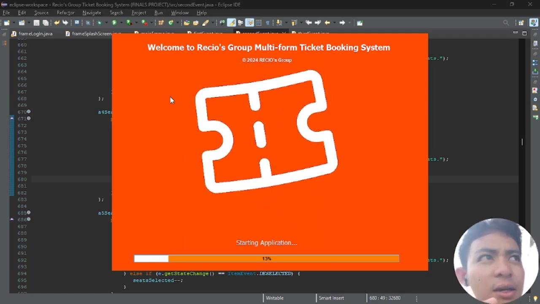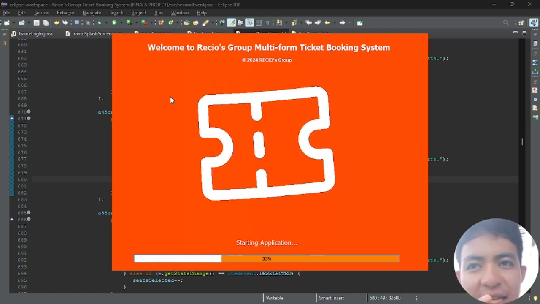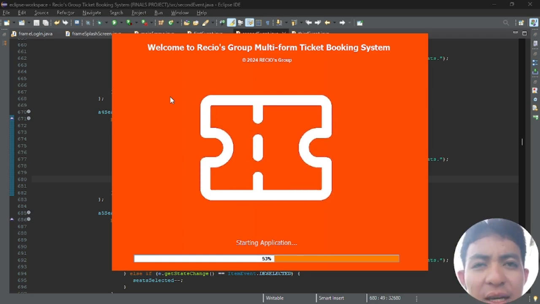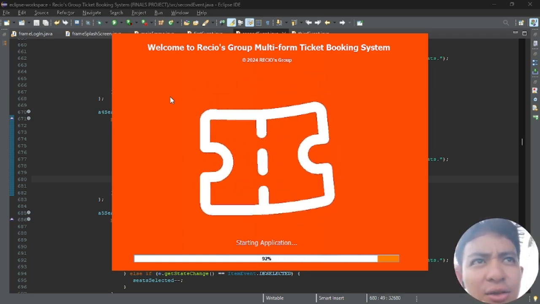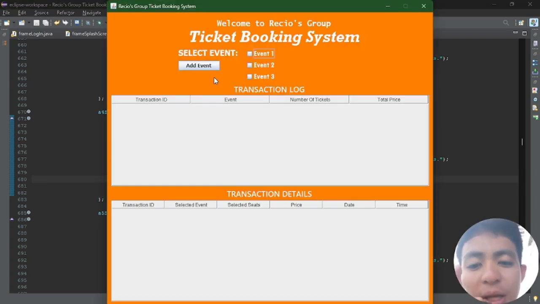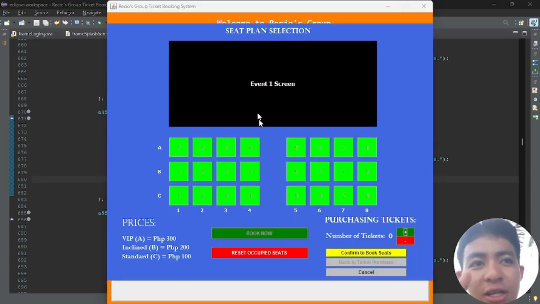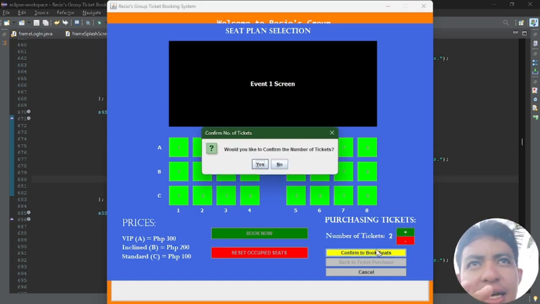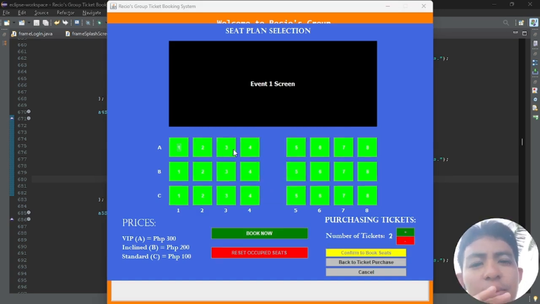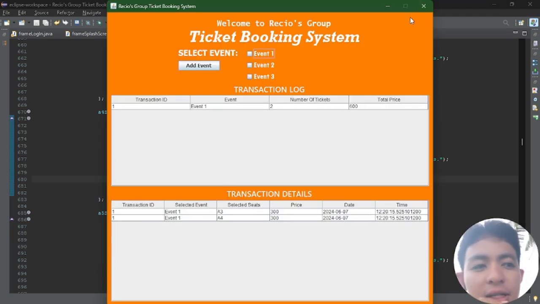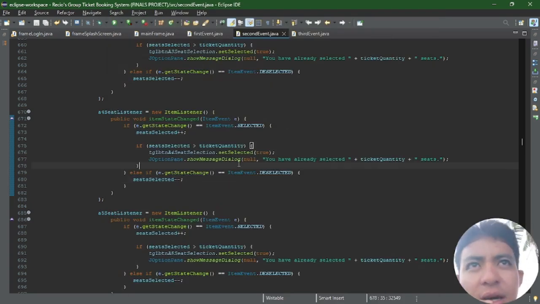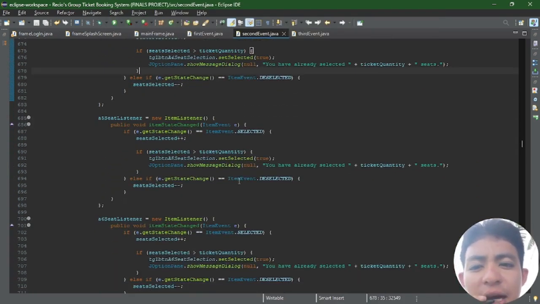Like when BIP is selected, all the BIP rows or BIP buttons will be activated, and all the normal and linear seats will be non-functional or non-interactive once it's been selected. And so forth, so on. So other normal seats and linear seats. And let's continue to other possible errors here.